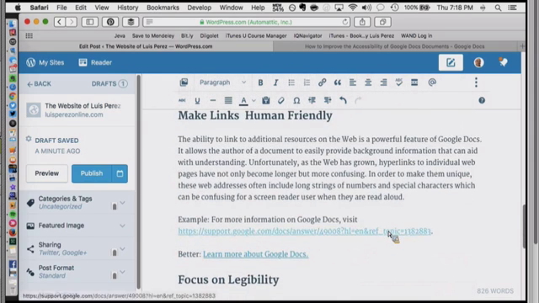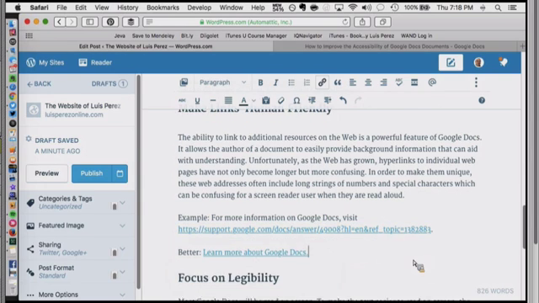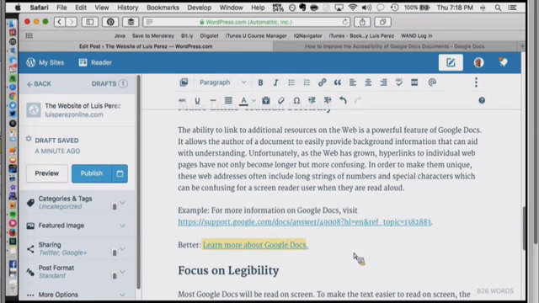Similarly, this is something that you'll see a lot online. People will put a full URL right in the body of the document. And if I were to play this with a screen reader, or have it read by a screen reader, you would hear all of these special characters and all these numbers, which would not be very helpful. It would actually be very confusing. So again, instead what we want to do is cut this text, this URL, put some descriptive text on the page and make that the link. And that's going to make it much easier to use.